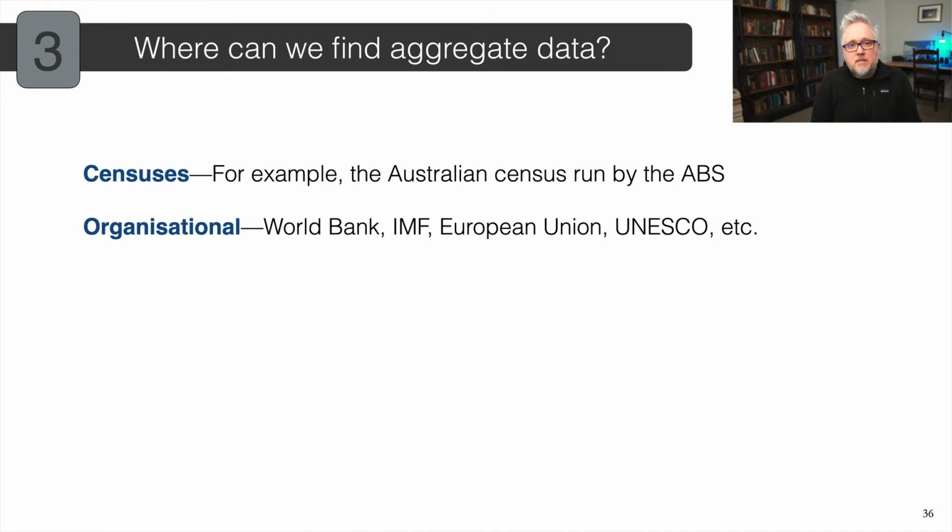IMF also has data more so related to trade and aid. European Union has data on those specific countries. Other regional organizations have data capacity as well. UNESCO, other organs of the United Nations have reports and data on the area that they work on. When I conduct human trafficking research, the UN's Office on Drugs and Crime has some great data on illicit activity.